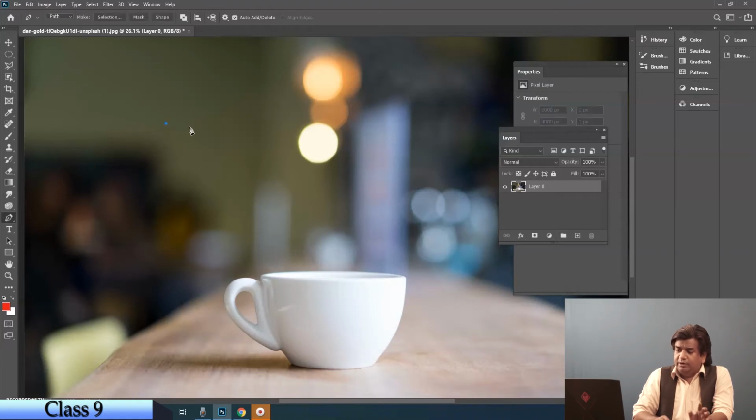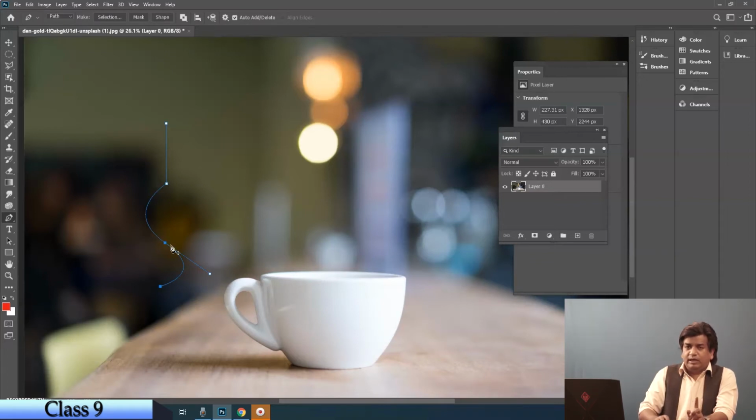So click, you get an anchor point attached to it, come to a distance, click, you get a straight line. Okay, so this is how you can get a straight line. But if you want a curve, click and drag it on the opposite side. So once you drag it, you get the desired curve, leave. So this is how I do it. Now next curve, you're going to get it automatically. Okay, as we had seen in Illustrator also, computer tries to make a complete one whole symmetry. So you have half and half one, and now you get a straight line. Now you can take the curve and next curve will be automatic. Okay, so this is how the path can be drawn.